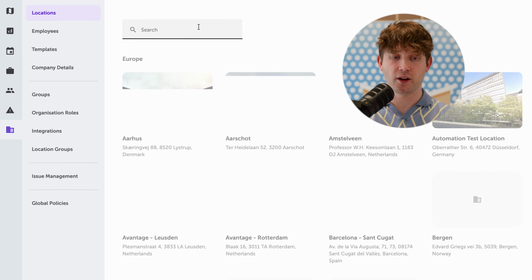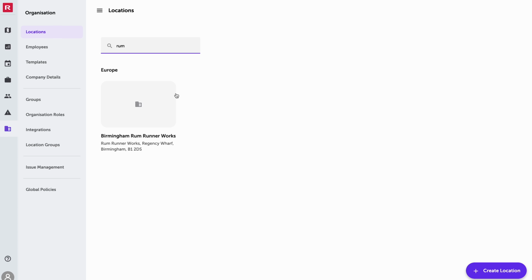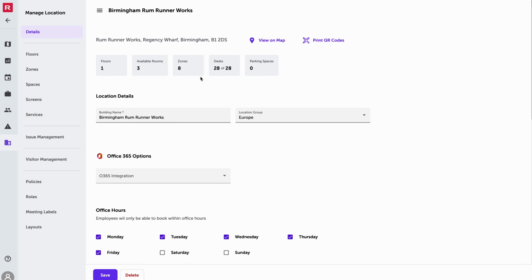I'll click on that icon. This works on a location by location basis, allowing you to customize the settings per location. I'll find our Birmingham office here, Run Runner Works, and then we can see in the left-hand menu there is